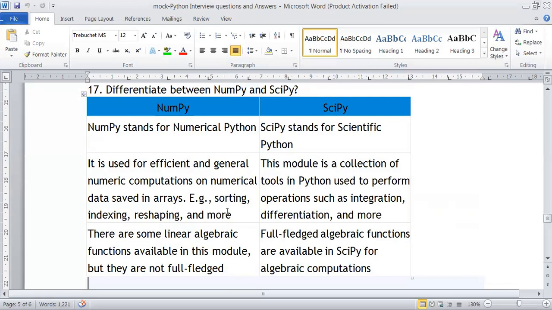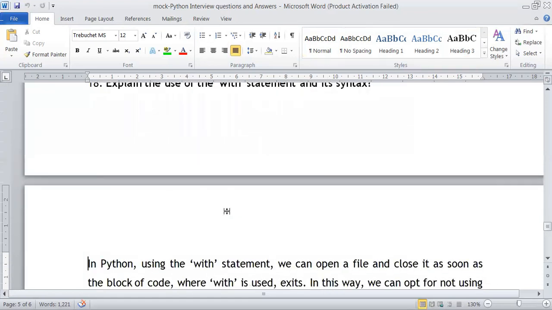Whereas SciPy helps us to do more scientific projects and more mathematical calculations, integration, differentiation, and full-fledged algebraic computations. That's why Python is used in most of the projects if you want to do numerical calculations and scientific calculations.